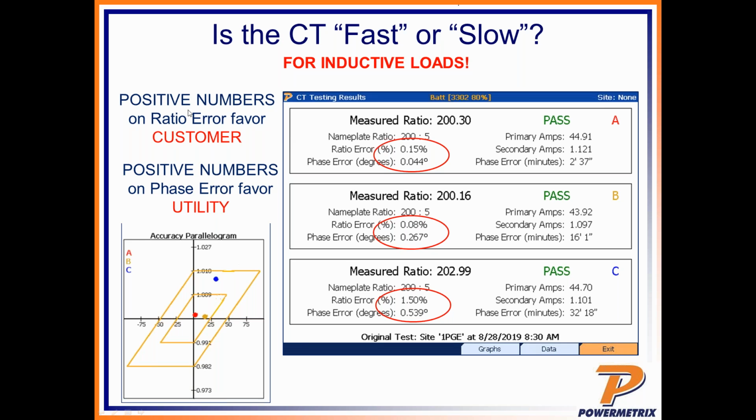So once again, positive numbers on the ratio error favor the customer. So ratio error is positive. That favors the customer. Phase A there, phase A here, see we're in this top right-hand quadrant. And then positive numbers on the phase error favor the utility. So once again, positive on our phase error, we're moving this direction, right? And that's where you kind of want to live, right? But that's how you see that on the very first page here. Moving forward,